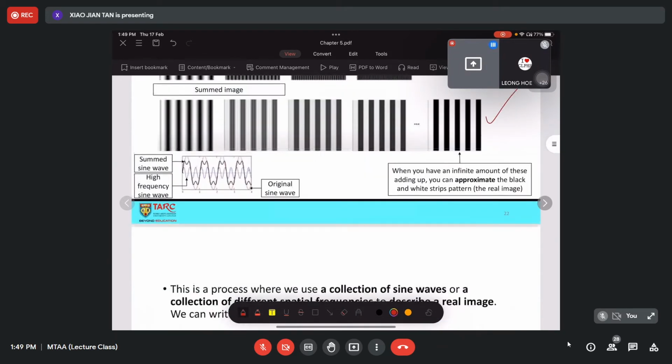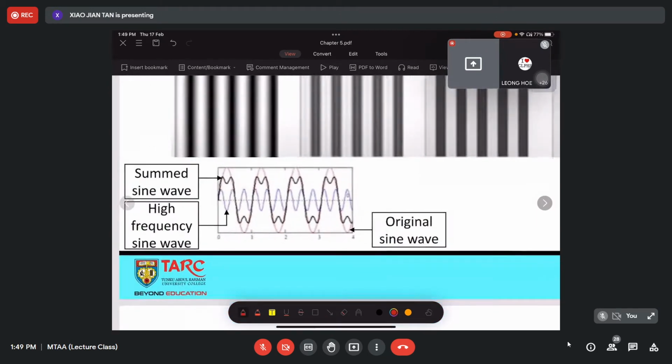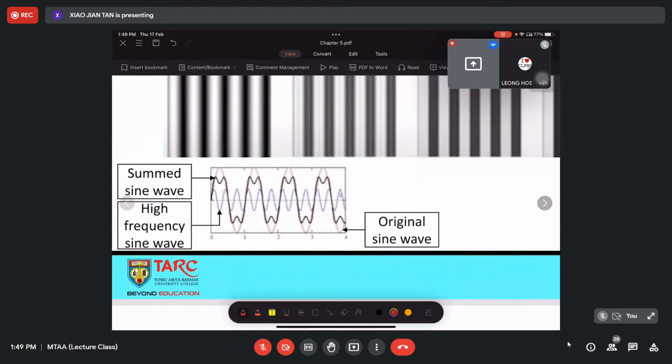Okay, how is it being done? This is the original wave, which is red color, and the high frequency wave, which is purple color, and the sum is black color. So when you have the original sine wave, which is something like this, then you add in another high frequency wave, because high frequency would have more wavelengths. So when you have more wavelength,